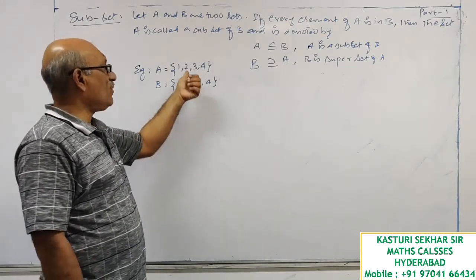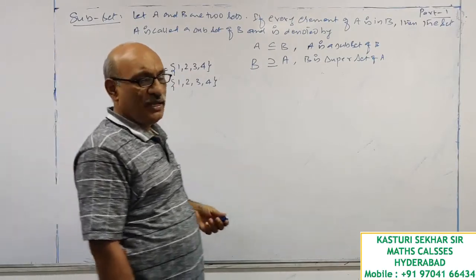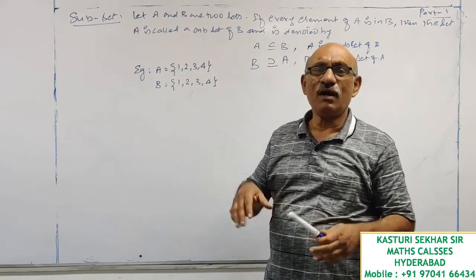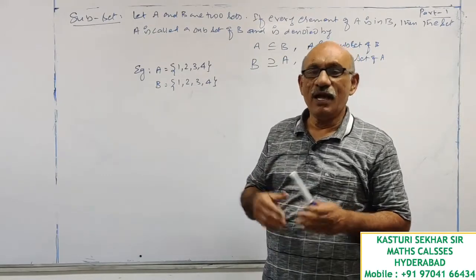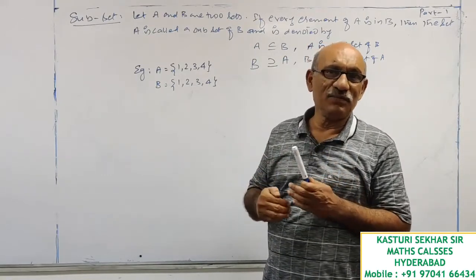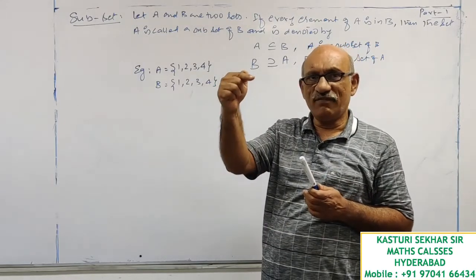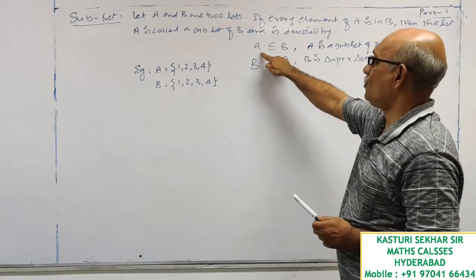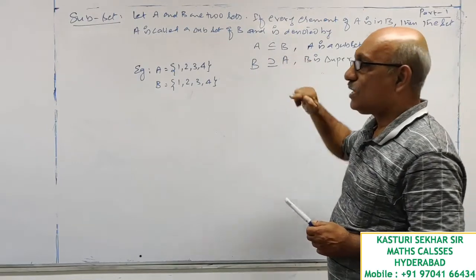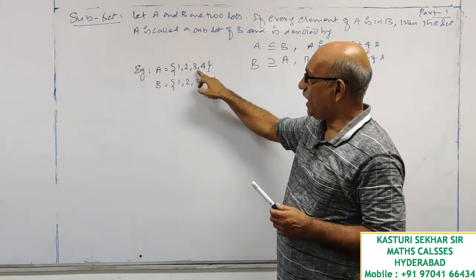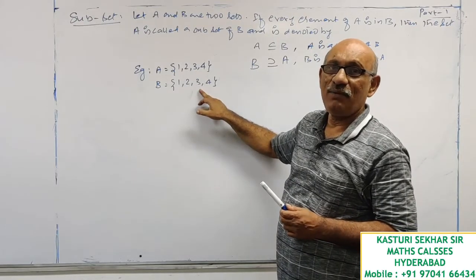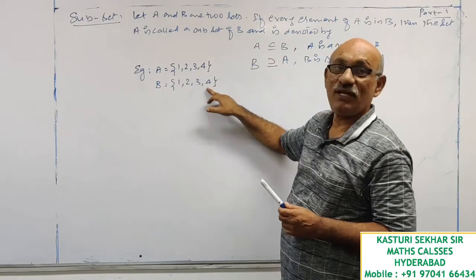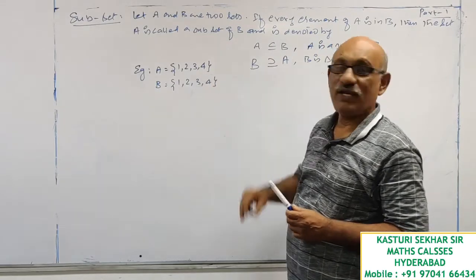When A and B are equal sets, then you can say A is a subset of B or B is a subset of A. But when you are defining the term subset, you see one set from another set's point of view. Here I want to say set A is a subset of B. So I am looking at A from B's point of view. Every element of A is in B. Therefore A is a subset of B.